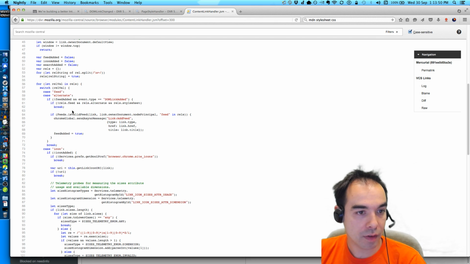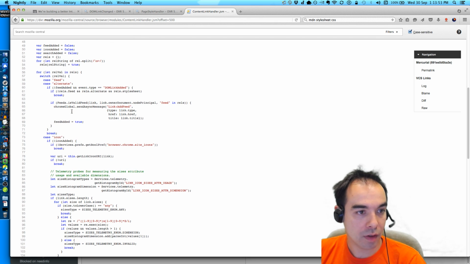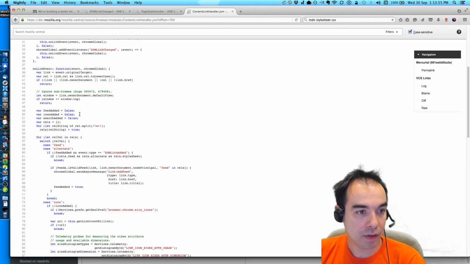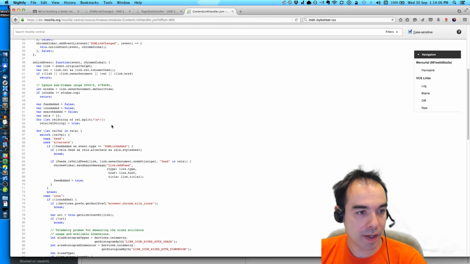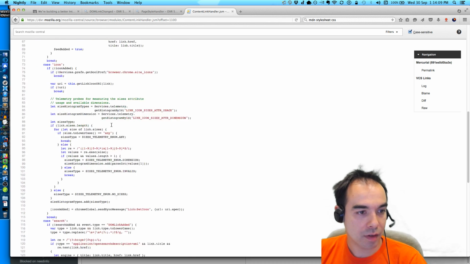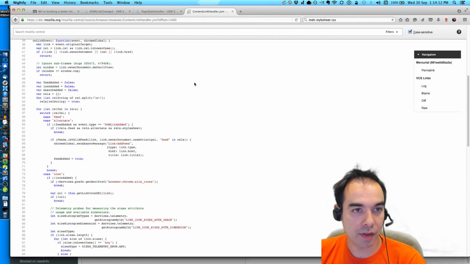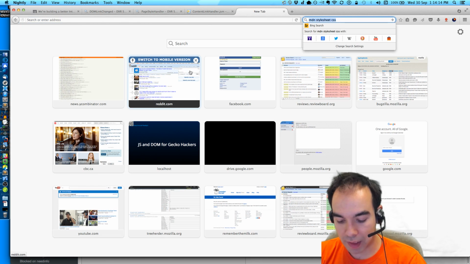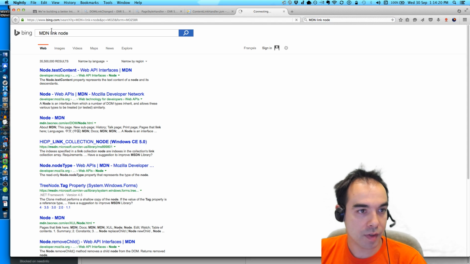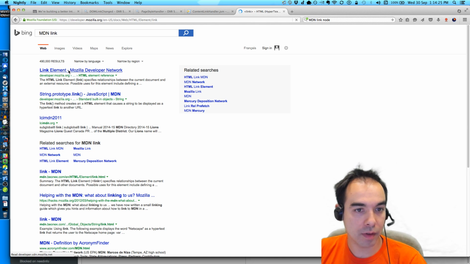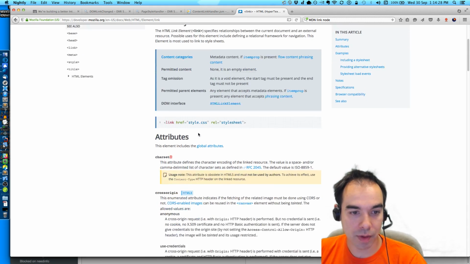Alternate. So you can get, we split up the rel string. White space. I guess these are things that can go inside the rel attribute of a link, MDN link node. What's the link element? What can you put in the rel attribute?